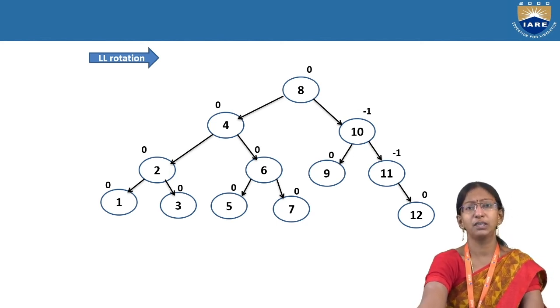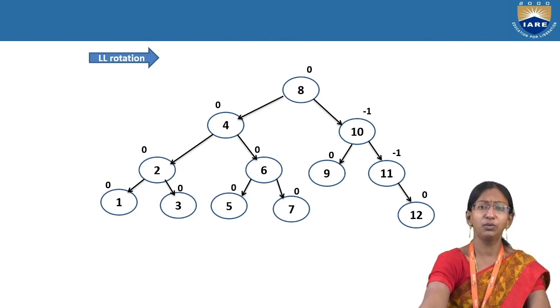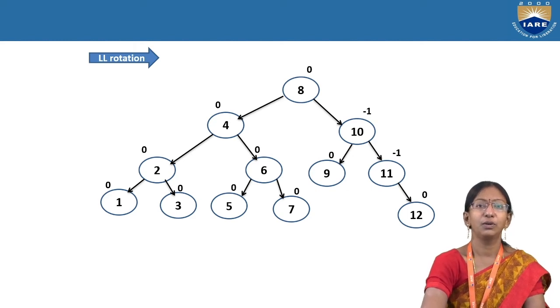You can even take random values or try to do it in the reverse way. Start constructing your AVL tree for numbers 12 to 1 in the reverse order. Do it. Okay. So let's see the